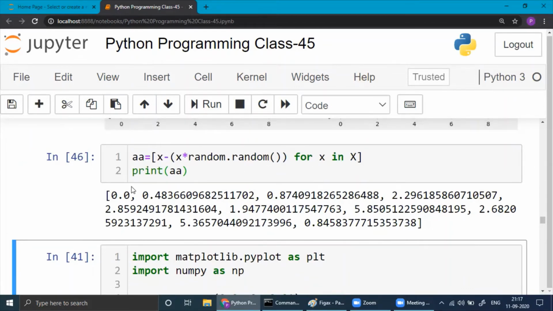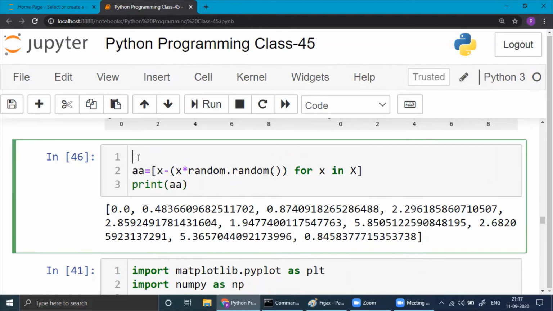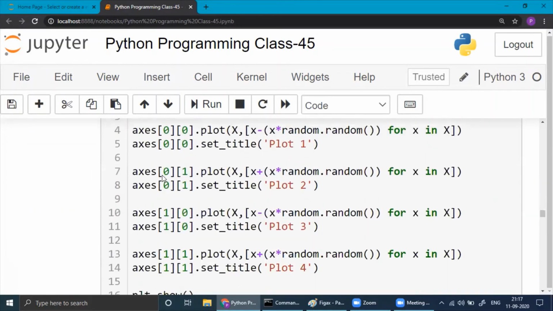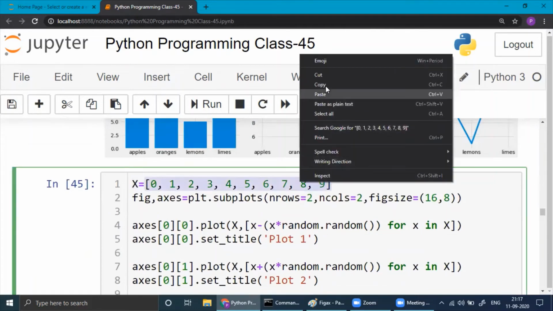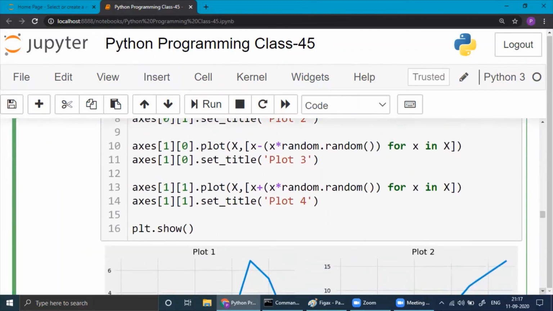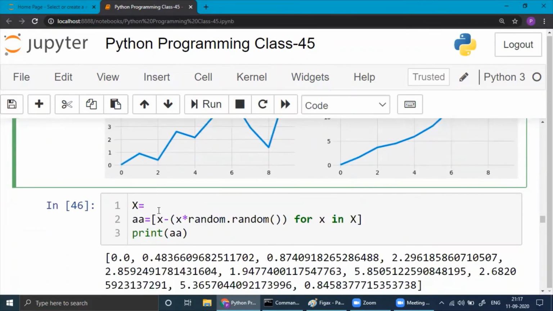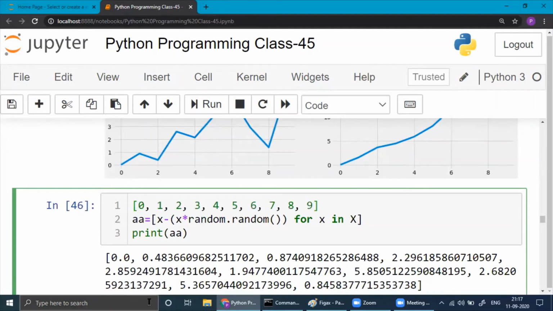So if you start with 0, you remember capital X here. So 0 minus 0 into random.random for x in X. So I've taken the first one.